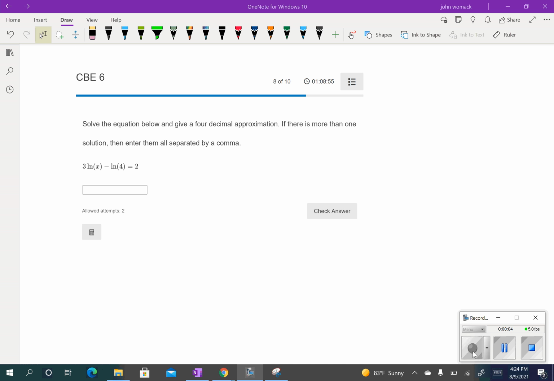Question 8 wants us to solve this logarithmic equation. Give our decimal to 4 decimal places. Okay, so let's go ahead and solve this. So I've got 3 ln of x minus ln of 4